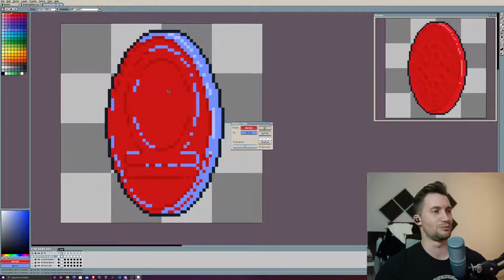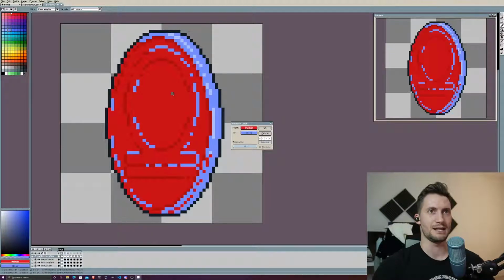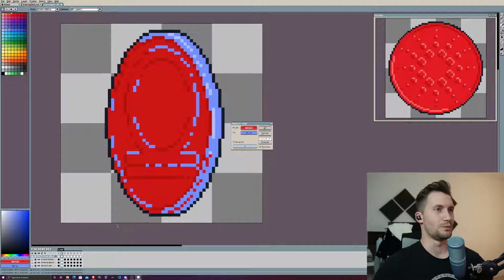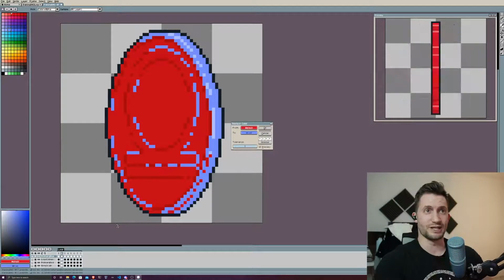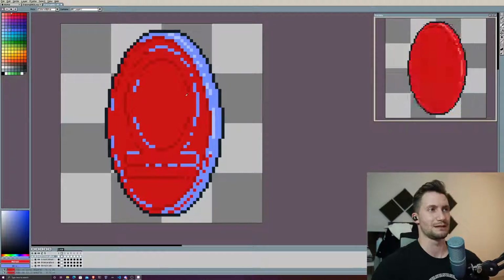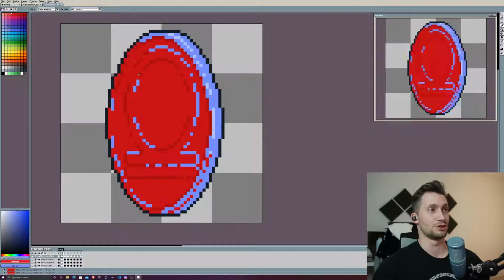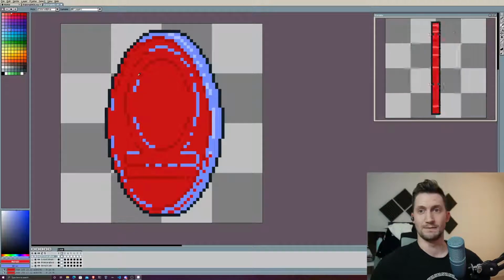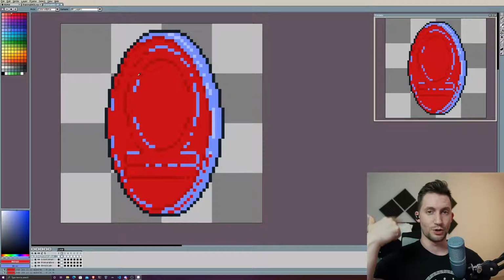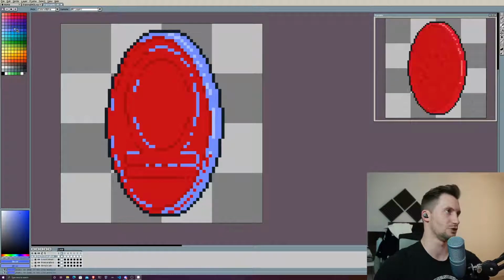So it's really important when you're doing stuff to take your time and make decisions not based on how it looks here. This doesn't particularly look that good, but when you have it moving and all set up, obviously you'll see the difference. It doesn't matter that this isn't a complete circle, right? It doesn't matter that that's not complete. What we're doing is just suggesting something. And so while it's moving and transitioning between the frames, your brain fills in the detail. Does that make sense? Hopefully it makes sense.